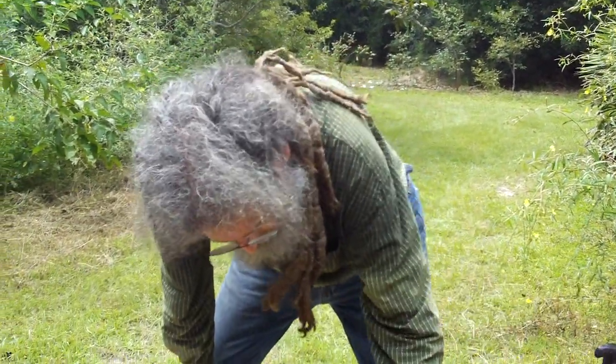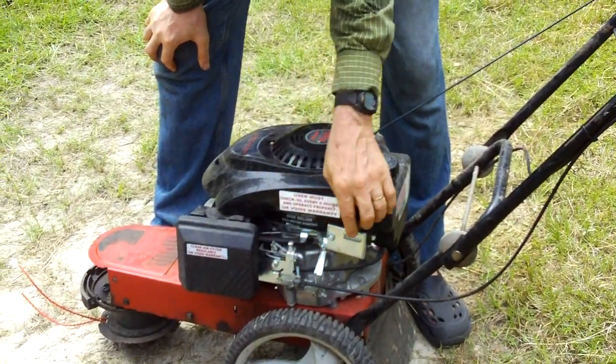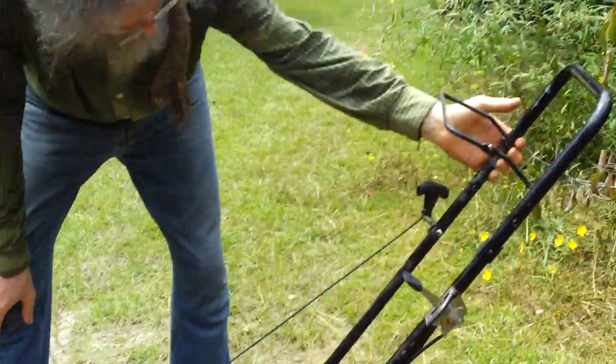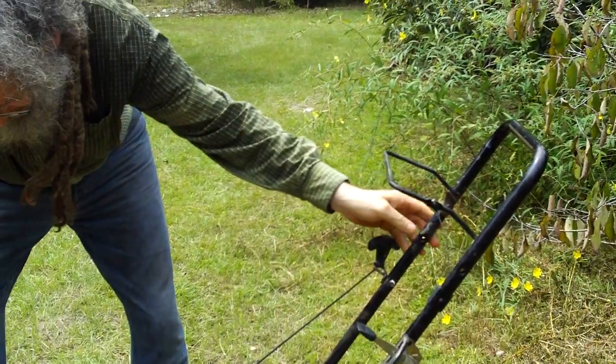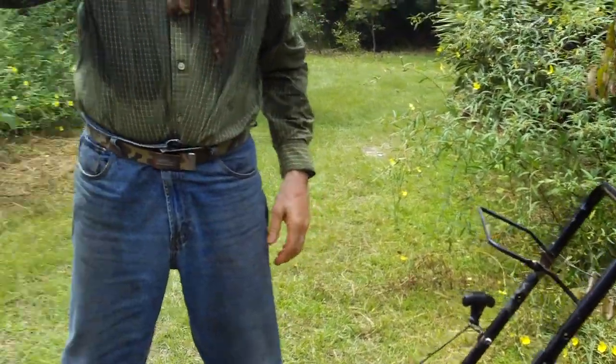So you don't have to have another cable hooked on here anywhere to run this brake, but you do have to have a throttle. And the throttle cable that was here was on this side, and it had a different kind of connection on it. I got this throttle off of that mower that's on the trailer,